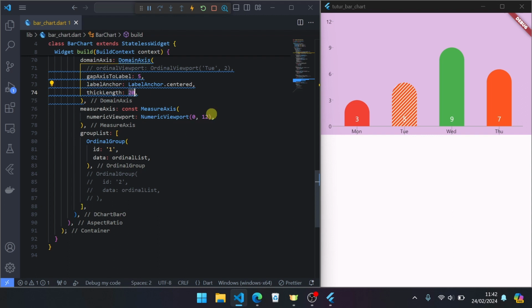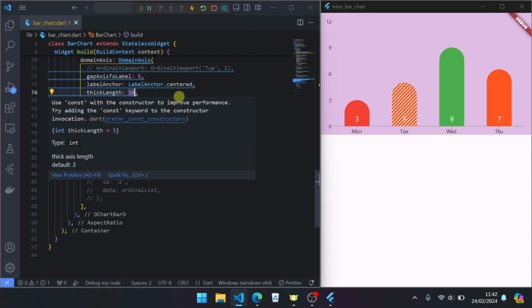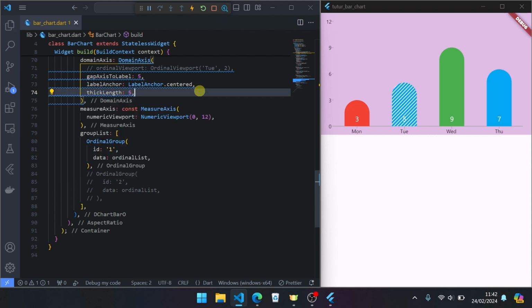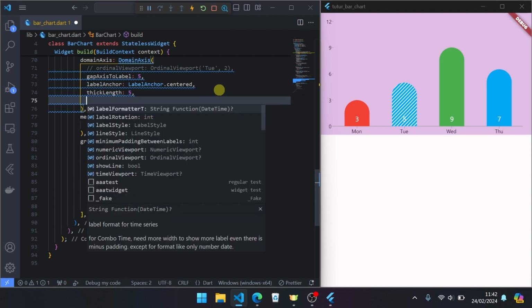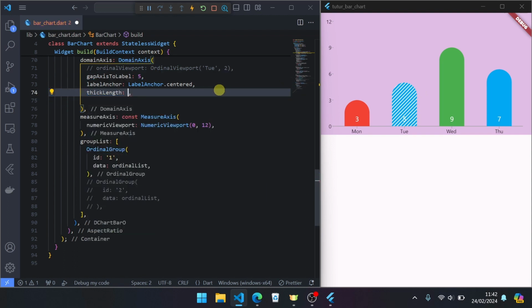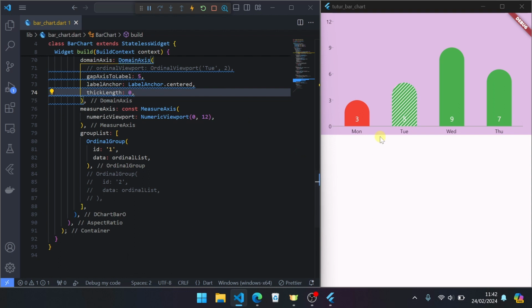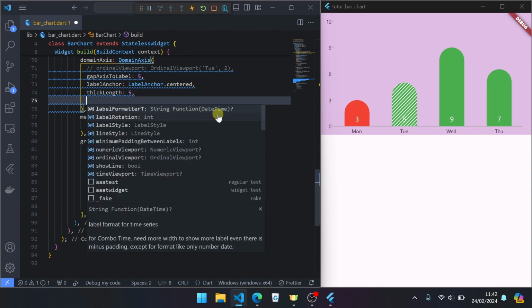Okay, go back to default is 3 or 5 maybe. If you set to 0 for tick length, now they are stuck inside domain axis. Set 5.